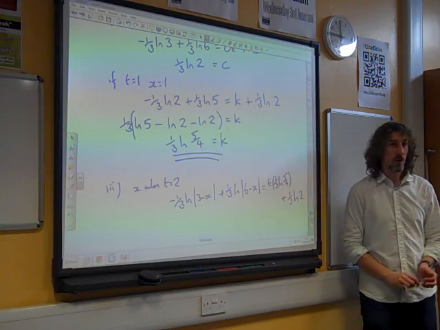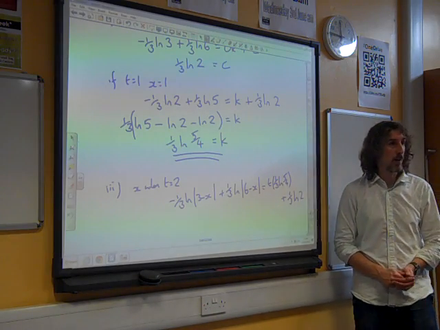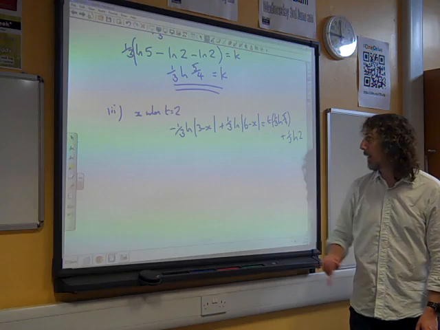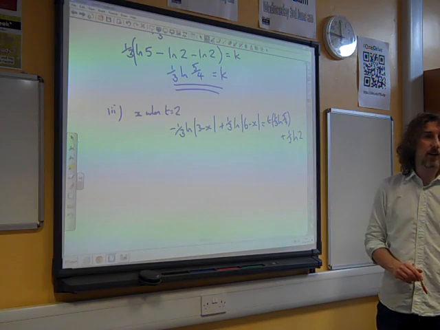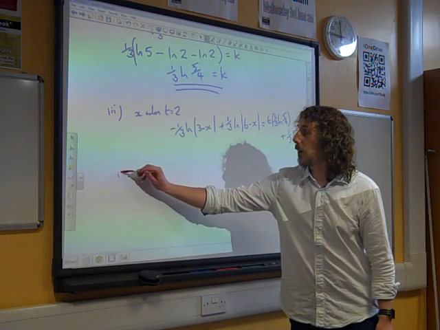That's the whole not particularly nice looking expression, and we have been asked to find the value of x when t is 2. So if t is 2 in all of that,